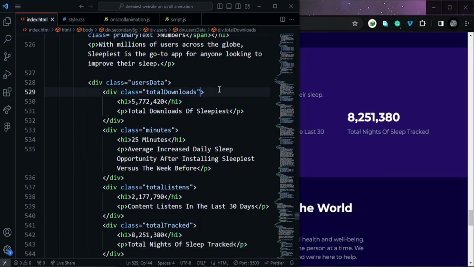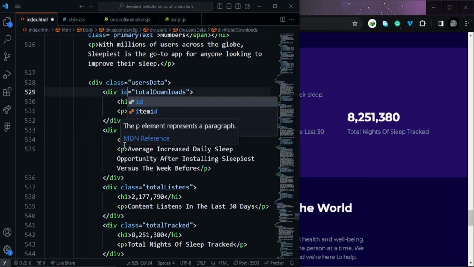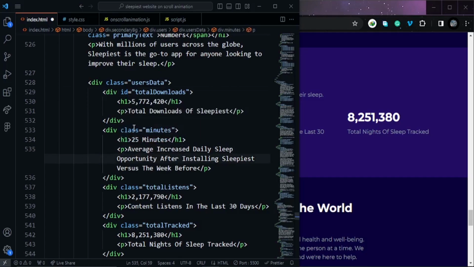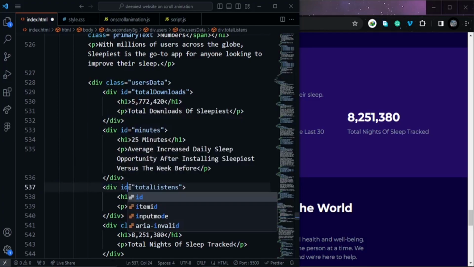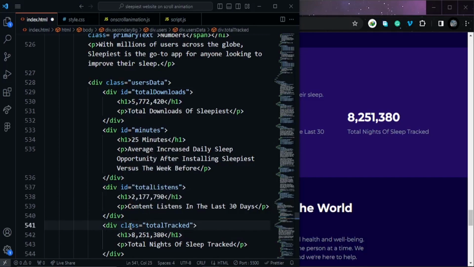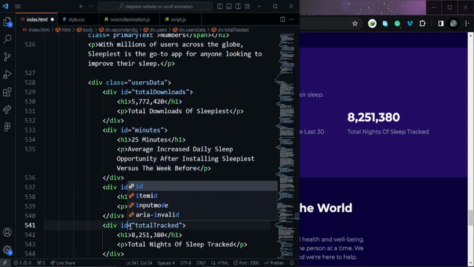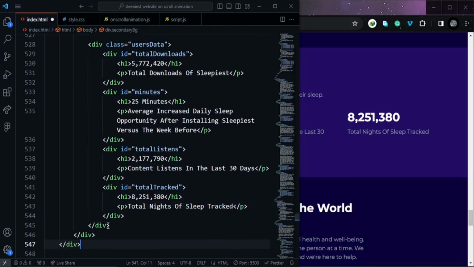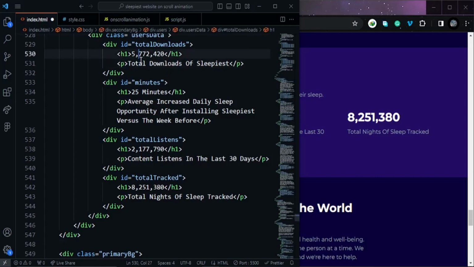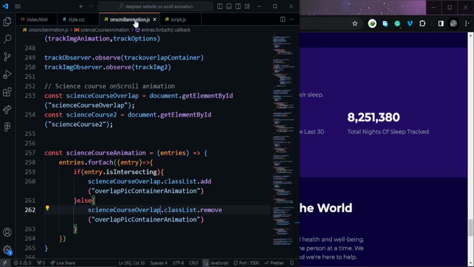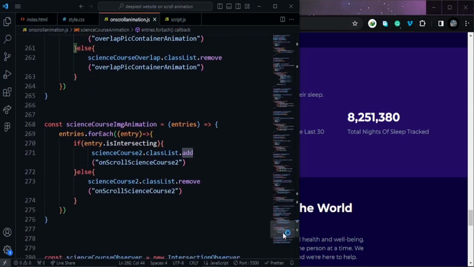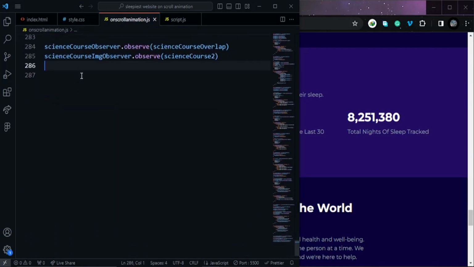First, I'm going to change these classes over here to ID, because I didn't use those class names in my style.css. So instead of using class inside my animation.js, it is better to use ID, and it is really simple to target IDs. And save, and inside the animation.js we are going to use